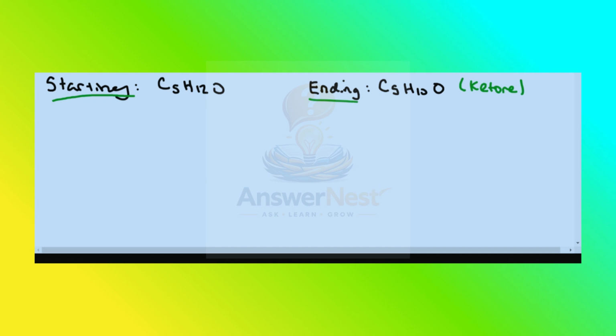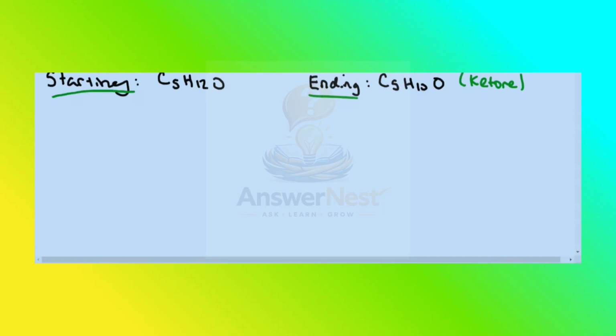Hey guys, so in this question, we're given the empirical formulas for starting materials and ending materials for a specific reaction. So we're given the empirical formula of our starting material to be C5H12O, and the ending material has an empirical formula of C5H10O. And we know that the ending material behaves as a ketone. So since we have a ketone as an end product, that means our starting material when